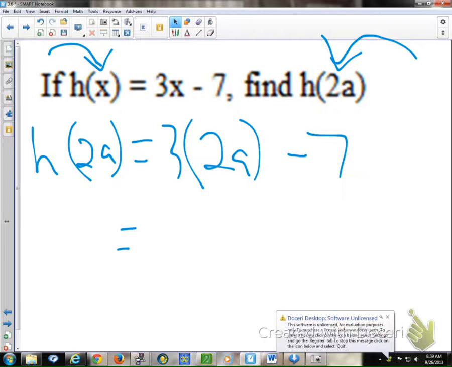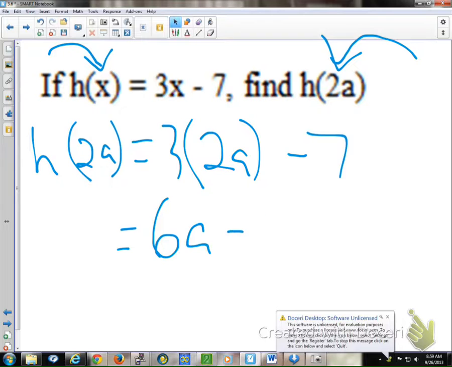That way later, let's say I wanted you to keep all these functions, I'd say, hey, pull out Harriet, and you'd say, oh yeah, that was 3x minus 7. Because that was just the name of it. The h doesn't do anything. But it's saying, if we have a function Harriet with a variable of x, I can substitute anything I want in for that x. In this case, I'm substituting in 2a for the x, which we're going to simplify. What's 3 times 2a?